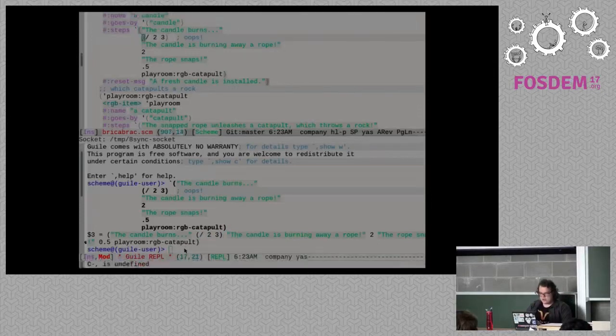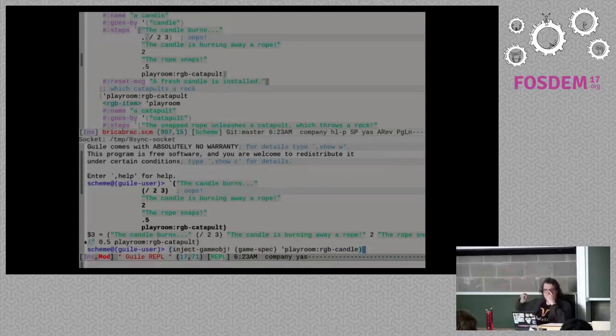And now I'm going to inject. Normally you can just redefine things in 8-sync, and if it's just a function or something like that, it'll call the new version of the function after you define it. But in this case, we actually want to replace the object in the game world. This is a mud-sync specific thing, but it's easy to build something like this in your 8-sync game, or your 8-sync whatever. It might not be a game, right? So I'm going to inject the game object, which is from this specification I have, which is a new version of the candle. All right, that's done.